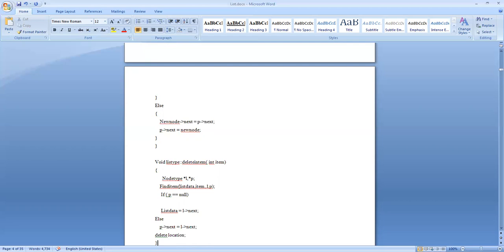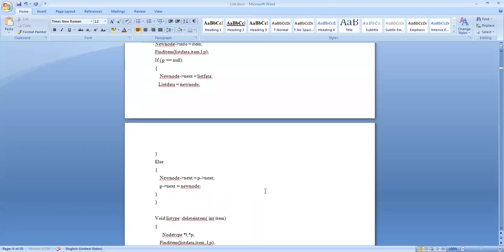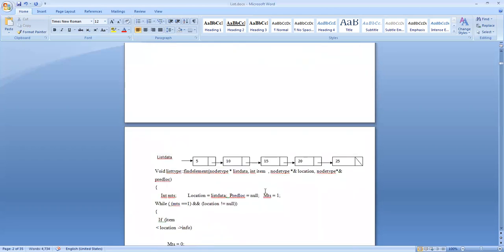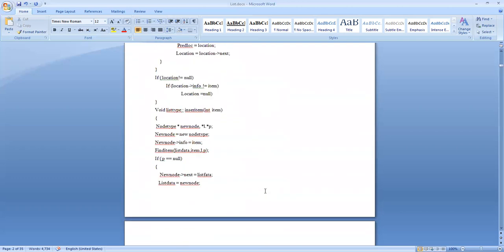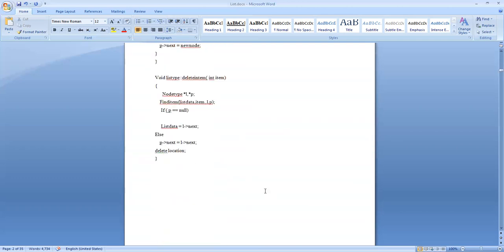Then we have implemented almost all the operations of this list. Now, still one more thing, displaying the contents. That is also very easy.